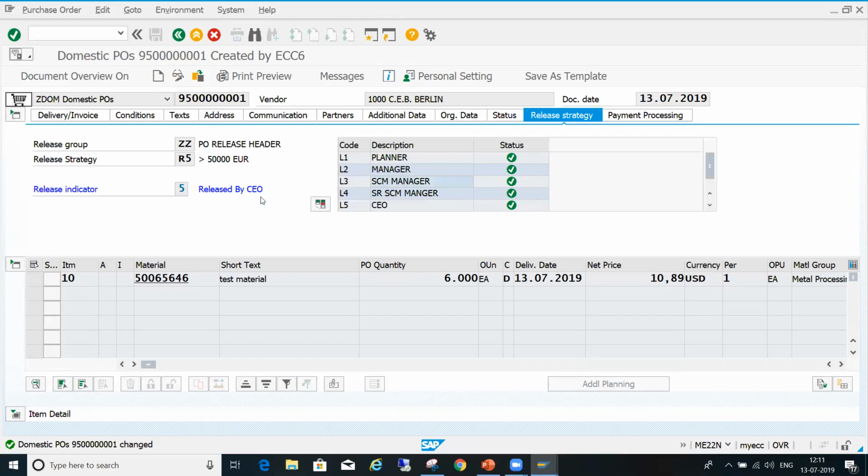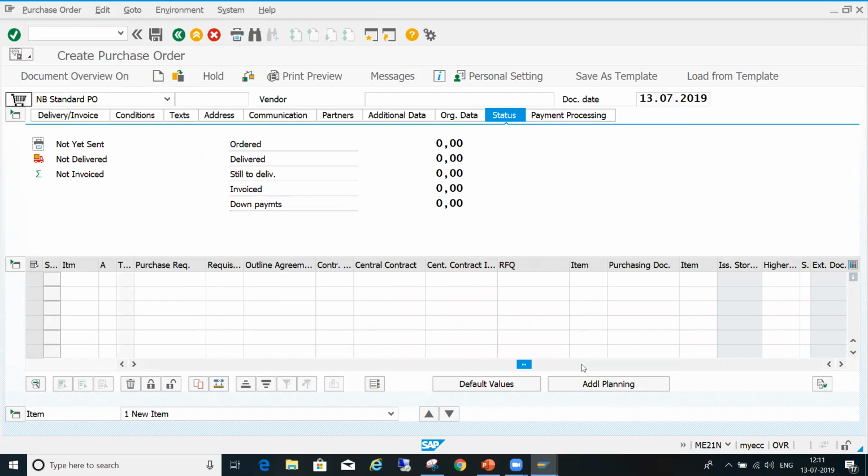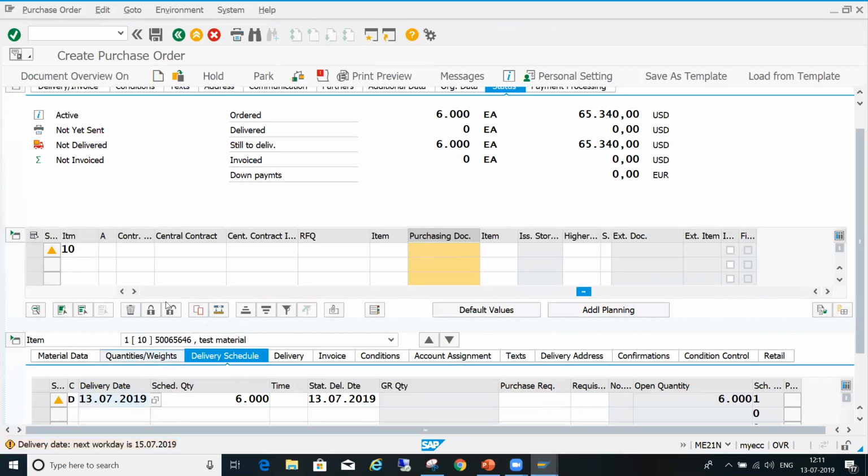Just try what you have to do. Create a PO with reference to the PO ME21N. You can create a PO with reference to a PO. You have to come here, import the purchase order, and enter the line item.